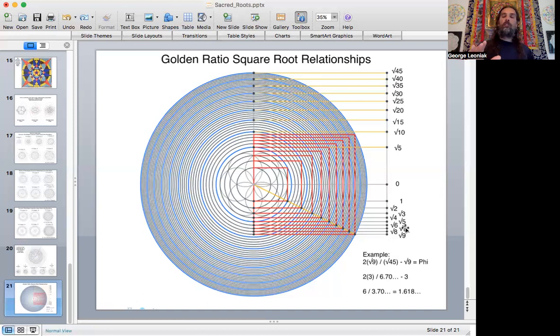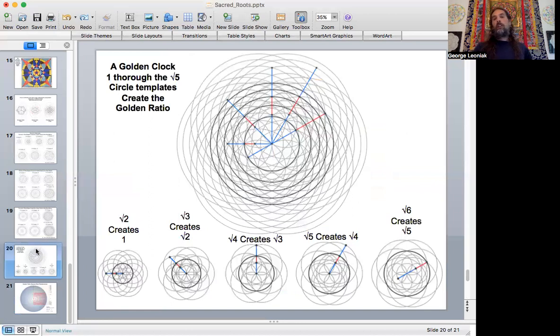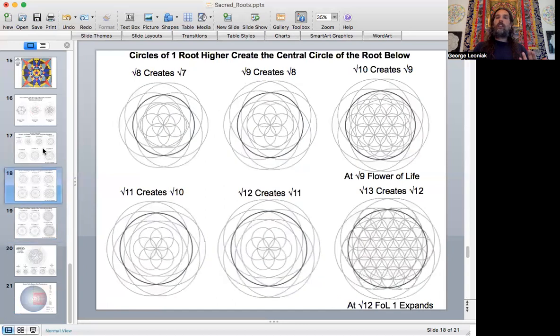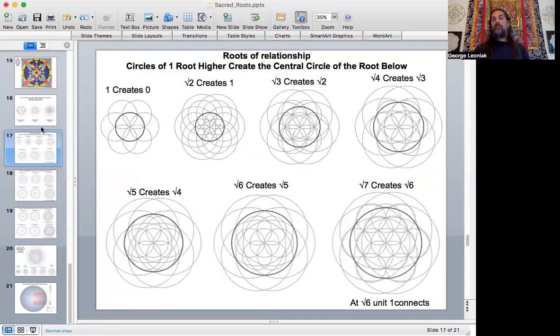All right, well, I just wanted to describe that because it may have been a complicated slide, but it's something that came out from here. You may or may not be into that, but what I do hope that you take away from this, if you're into the artistic expression of this, is to gather kind of an appreciation for when you're just popping circles down on your page and they're interacting in all these interesting patterns that I'm showing here, which do lend themselves to beautiful mandala creations. Know that the sacred roots are popping up on your page without maybe you knowing the